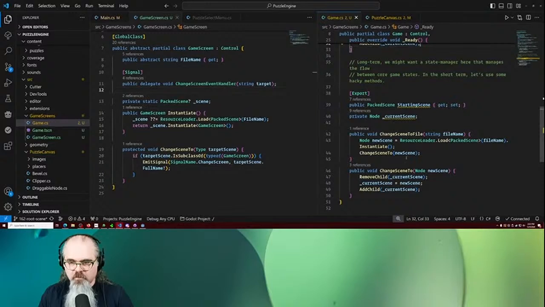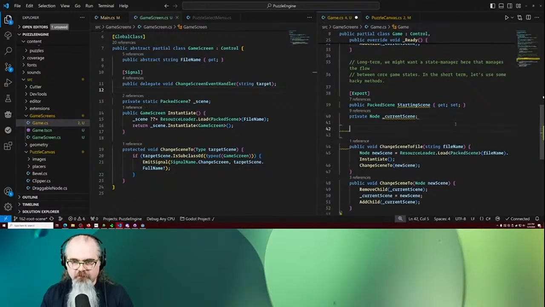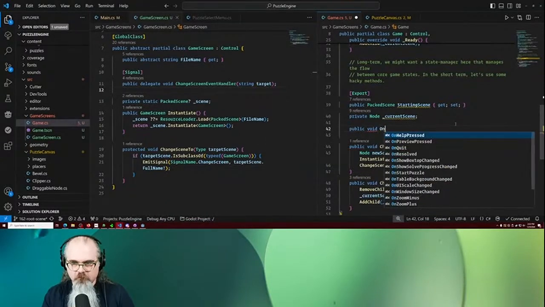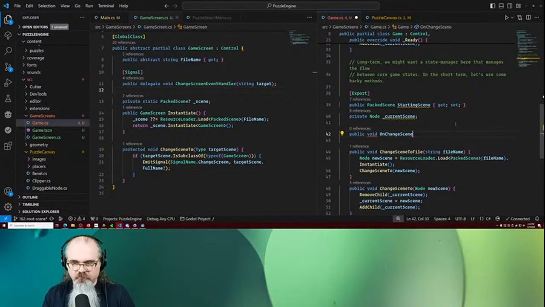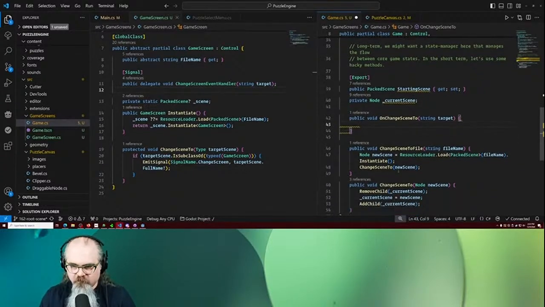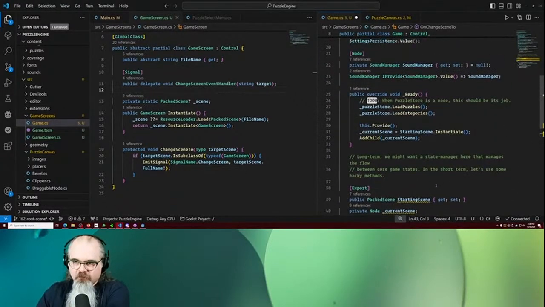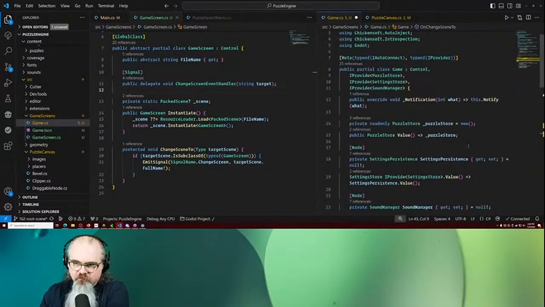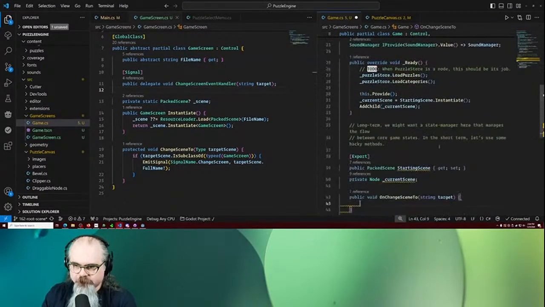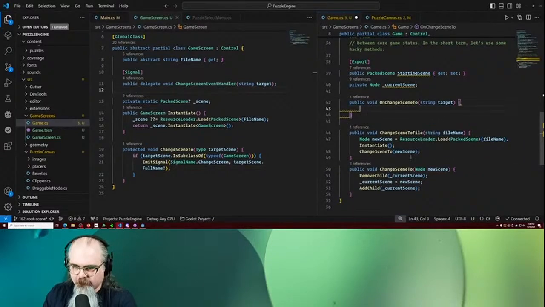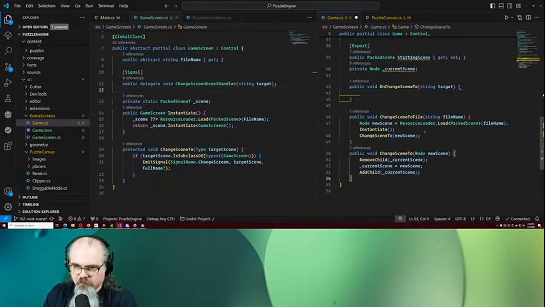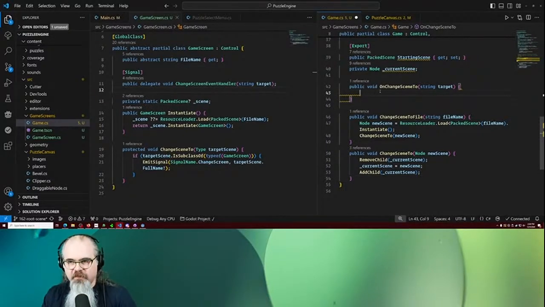game, all right. So what we want to do is public void on change scene to, string target. So when we set a scene to a particular thing, change scene to file, then we have change scene to node, and now what I have is change scene to target. Okay, what we want to say here is